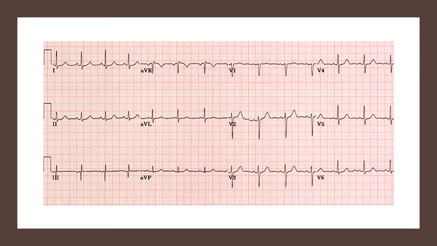Okay, here's an exact example of what I'm talking about. So if you look here, and again, this is still not even a bundle branch, this is a normal presentation. You notice that V1 is negative, V6 is upright, and then if you count down from V2, V3, V4, V5, V6, you notice that the R wave just gets bigger and bigger and bigger. And somewhere around V4, we transition from being negative to being positive. That's why V3 and V4 are typically called transitional leads, because the QRS complex is transitioning from negative to positive,